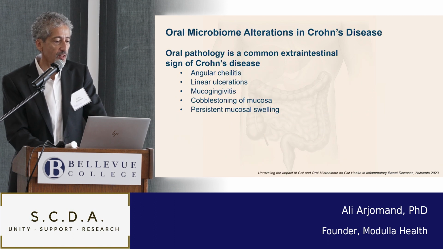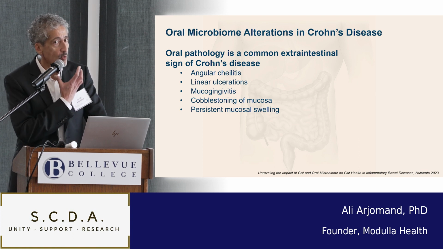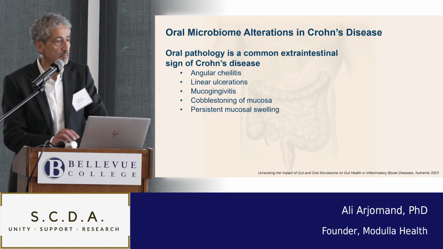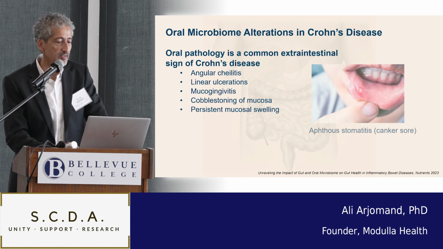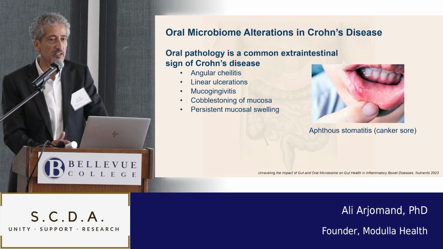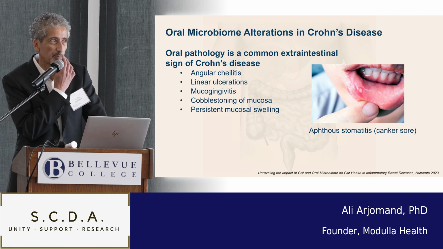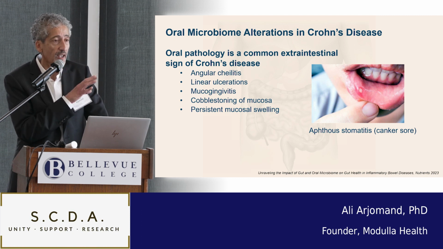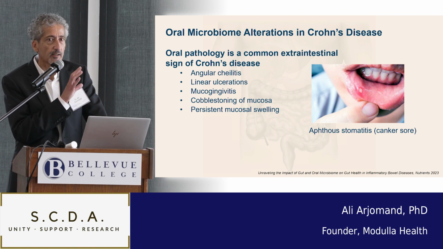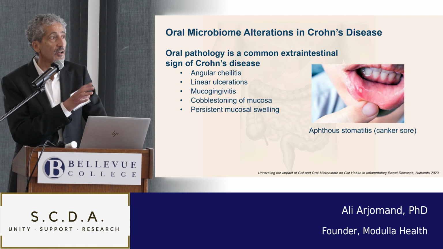All right, so oral pathology is common as an extraintestinal manifestation of Crohn's. So when you have Crohn's, you sometimes get oral manifestations. Some of these are medical terms, but you've probably seen this one, right? Canker sores. I don't know if you guys ever get canker sores when your disease is starting to go into an active state or a flare. It shows up as a little ulcer in the mouth. I used to get them, right? This little warning sign in the mouth that, uh-oh, am I going into a flare or not?